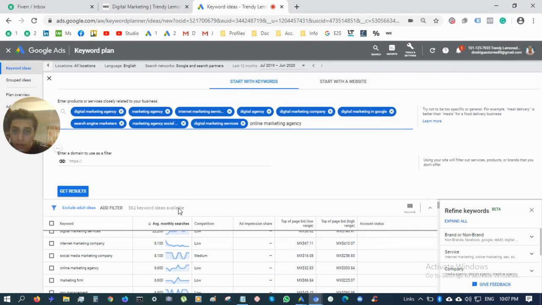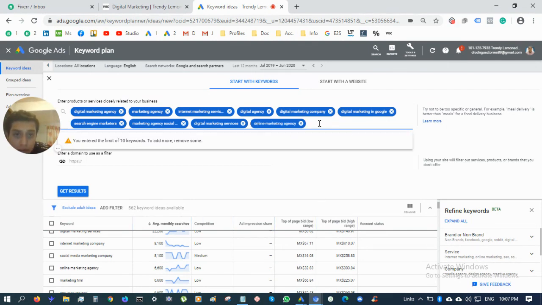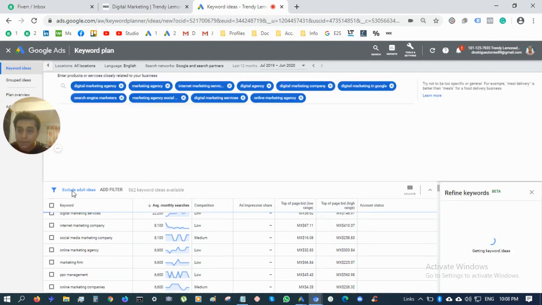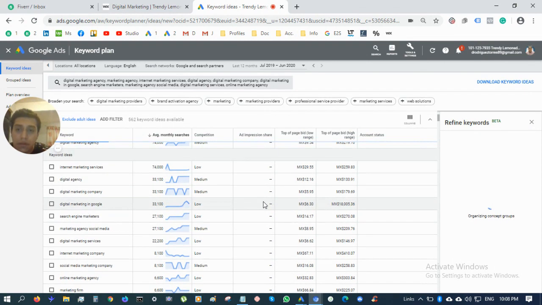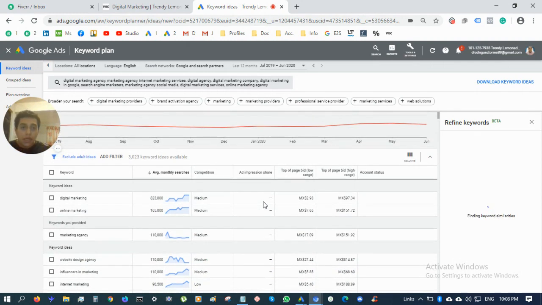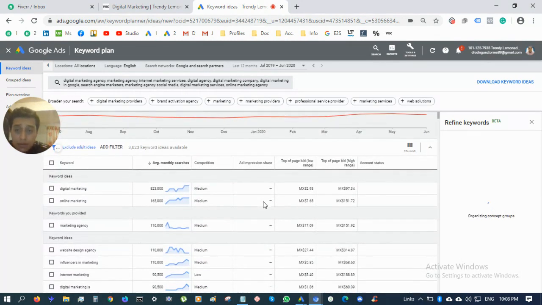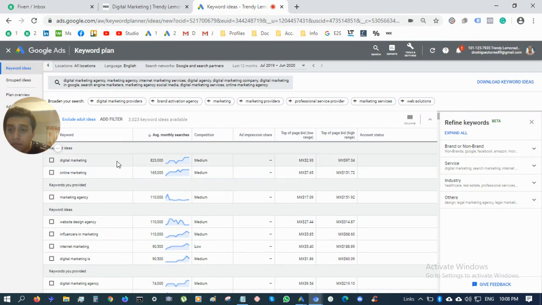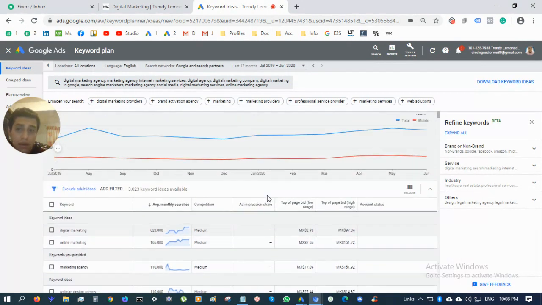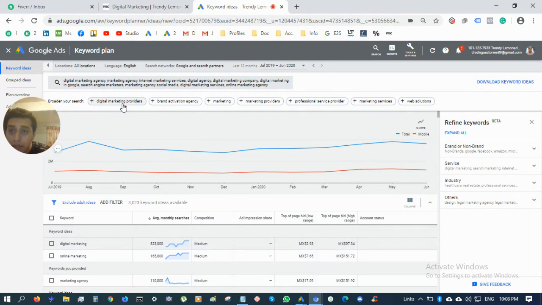Let's add this one. Yeah, I want this one because it has online. So let's try that. You don't need to add too many keywords. Digital marketing, online marketing, marketing agency. Okay, so I think we have some pretty good ones. Digital marketing providers,